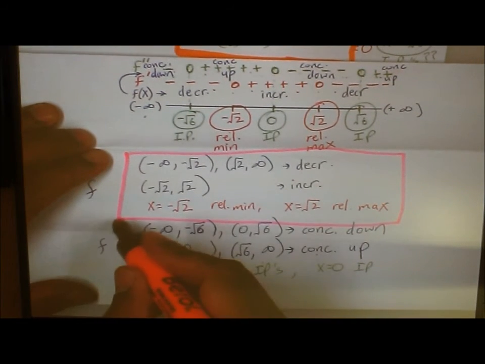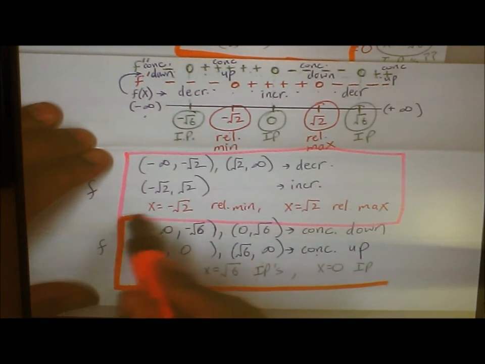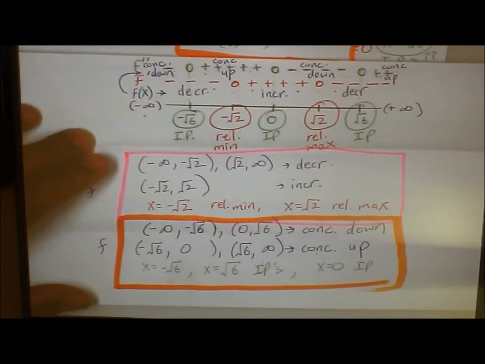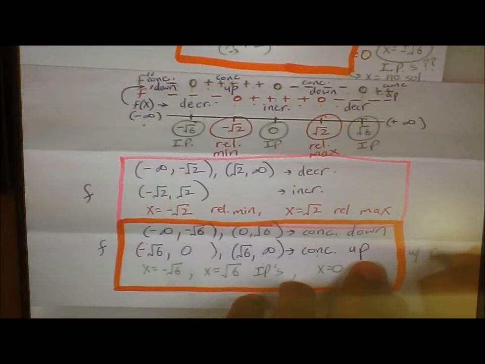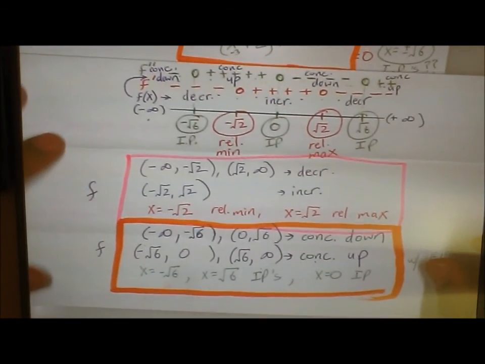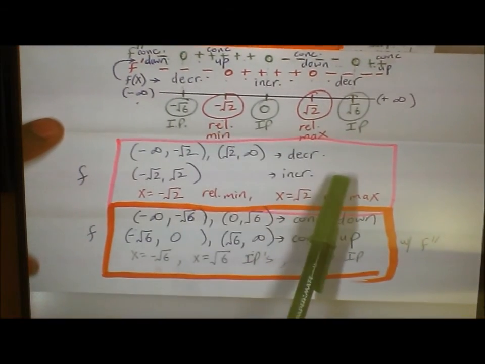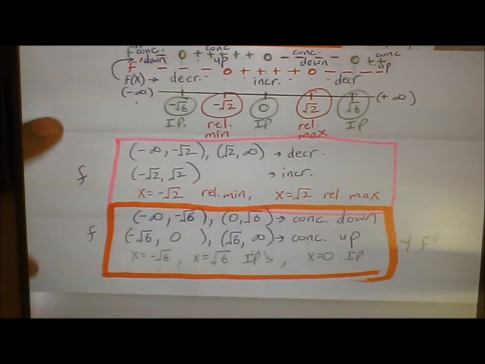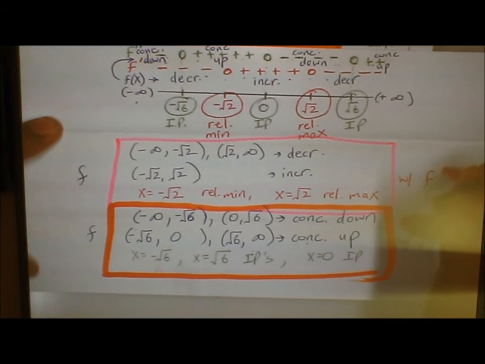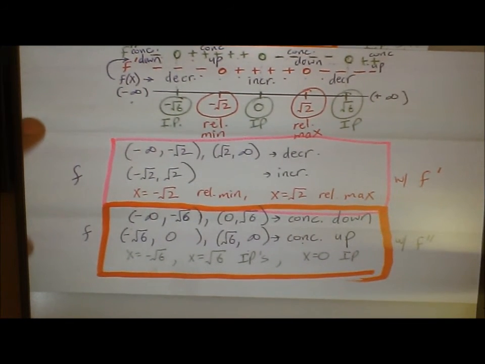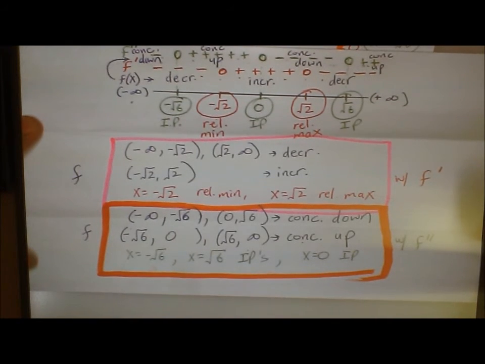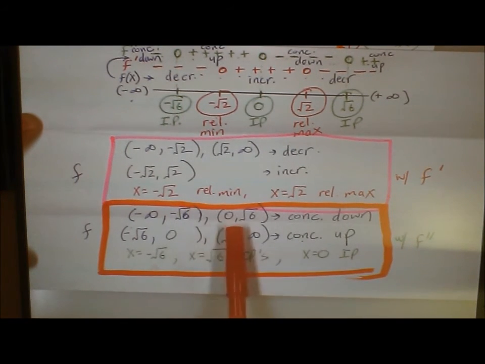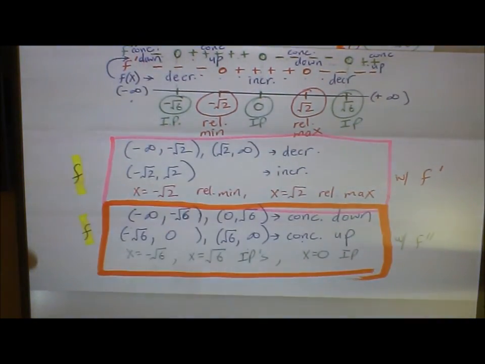So I just listed out all the inflection points. And keep in mind that all this information about concavity and inflection points here in this orange box, all that information came from working with f double prime. And all the information about relative extrema, or increasing and decreasing intervals, all that information came from working with f prime. So the process is identical. You work with f prime the same way you would work with f double prime. It's just the information you get from f prime is different from the information you get from f double prime. And everything is used to describe the original function that we were talking about, f, the rational function